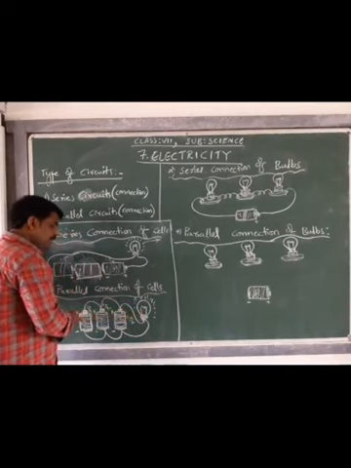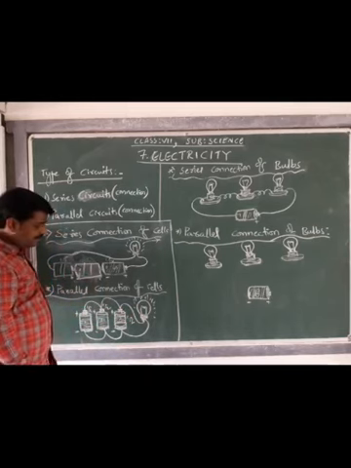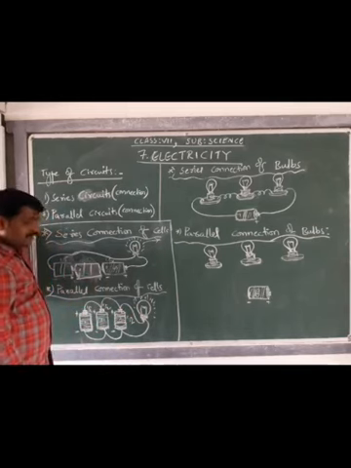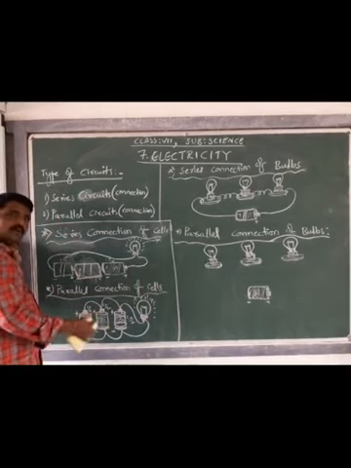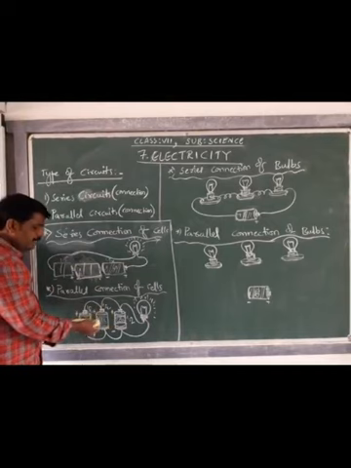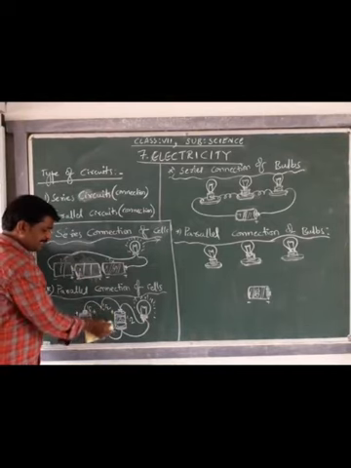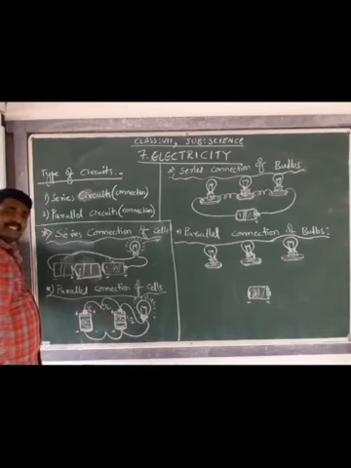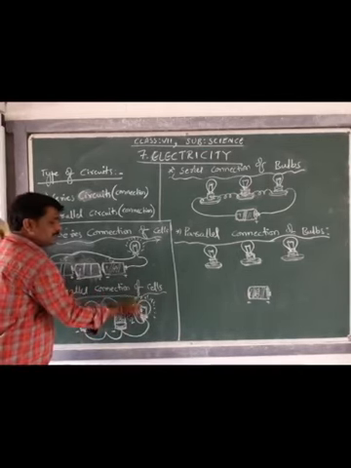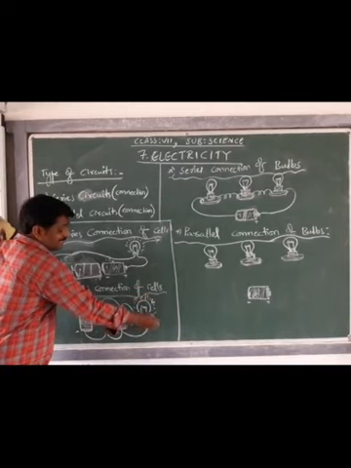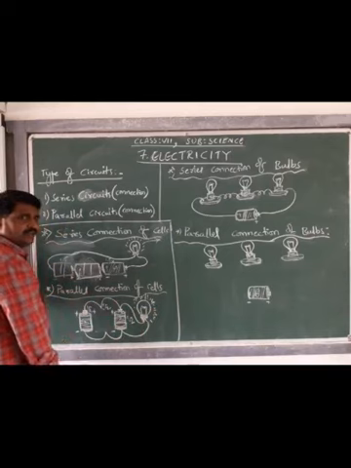Even though we are using three cells, that is one drawback we can consider. And the advantage is that among these three cells, if any one of the cells is not functioning, if this cell is disconnected from the circuit, the bulb continuously glows, and there is no change in the intensity either.